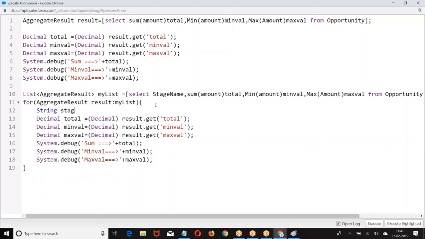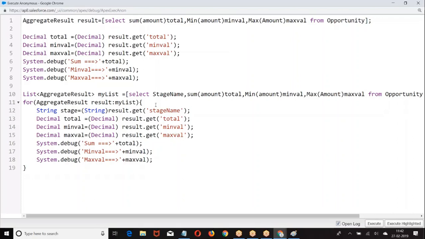Now I am doing here, string stage equal to string result dot get of. Now look at this. The stage name is coming in the form of string here. The total is coming in the form of decimal. There is a reason why we are not sure what format of data we are going to get.